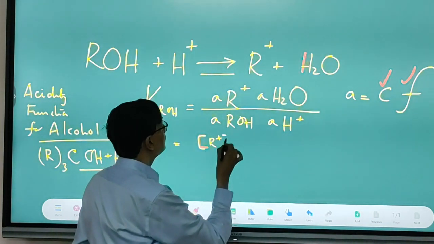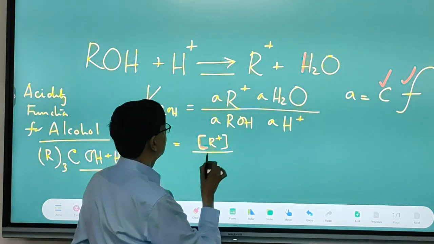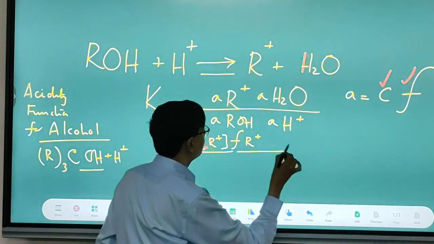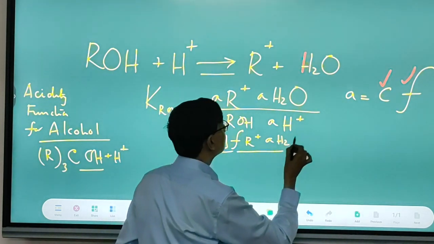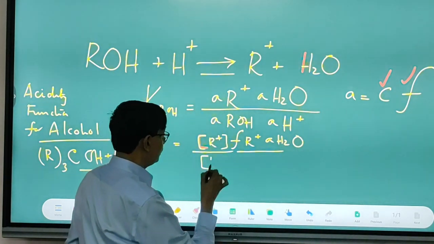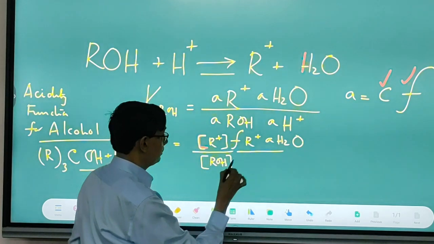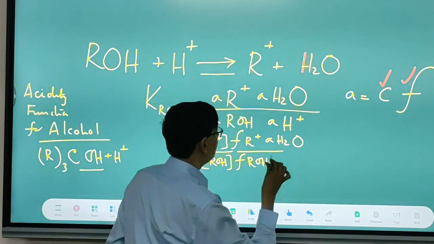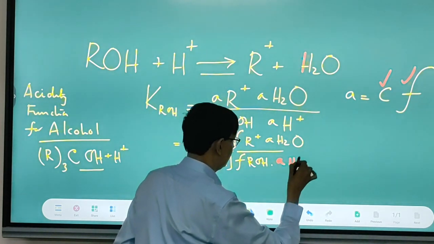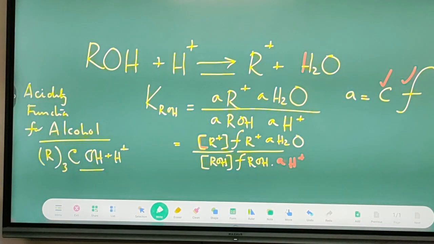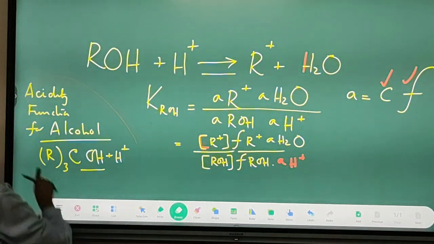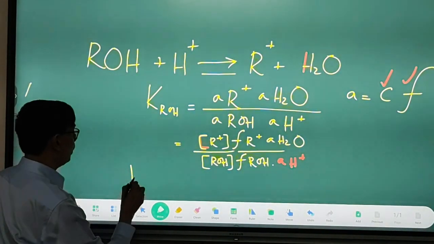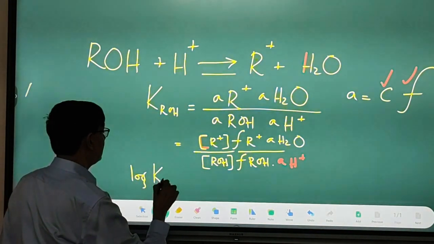R, activity coefficient of R, activity of water, concentration of alcohol, activity coefficient of, and of course activity of hydrogen ion. Same thing, taking logarithm. So log of KROH